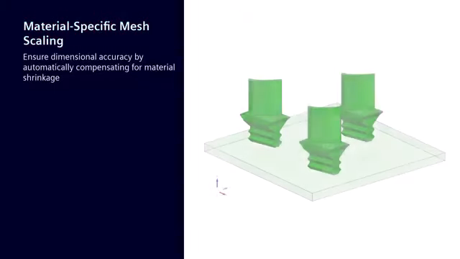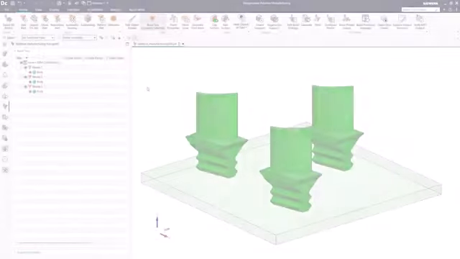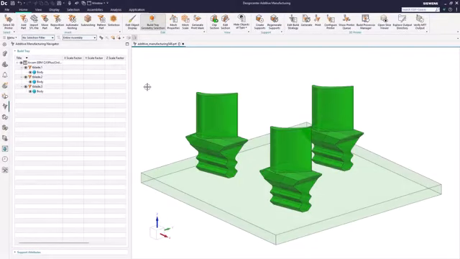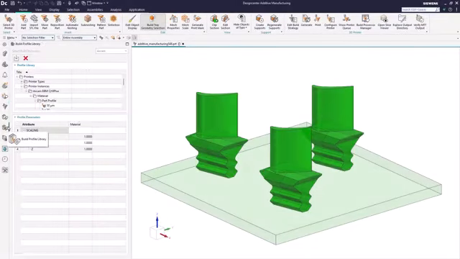Let us look at how to precisely manage and visualize mesh scale settings, starting from your material profiles all the way to your build tray. First, open your build profile library and select the desired build processor. Then, in the Material Profiles section for your chosen printer, you can easily adjust the mesh scale factors as required